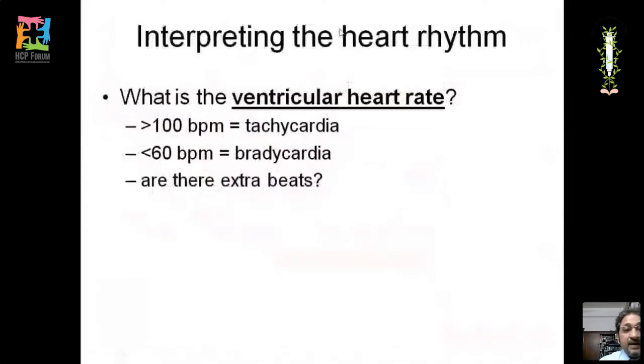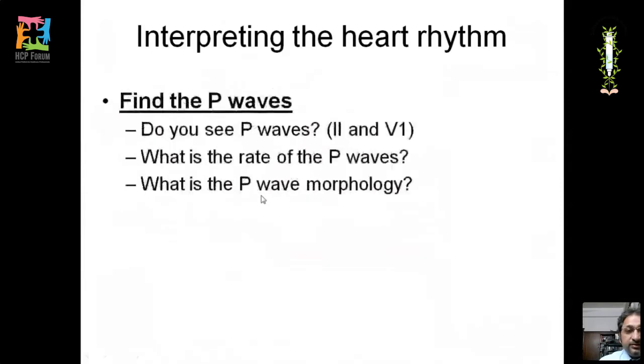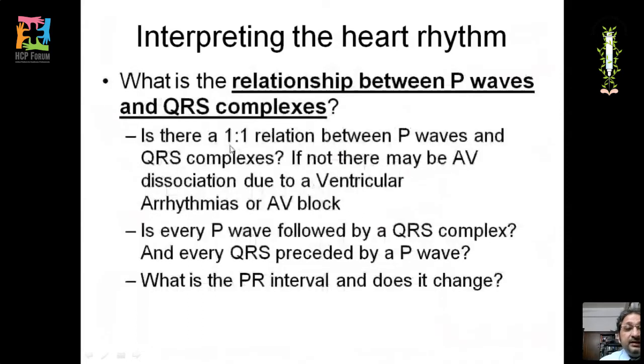Now, interpreting the heart rhythm. So first you have to see what is the ventricular heart rate. If the heart rate is above 100, it is tachycardia. If it is less than 60, it is bradycardia. You have to see if there are any extrasystoles, atrial or ventricular. Next, as I told you, see the P waves in lead 2 and V1, and then find the rate of the P wave and the morphology of the P wave. Is there any 1:1 relation between the P and the QRS? If not, then there is a